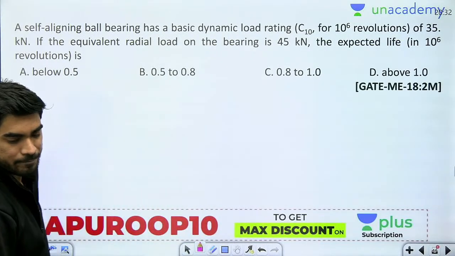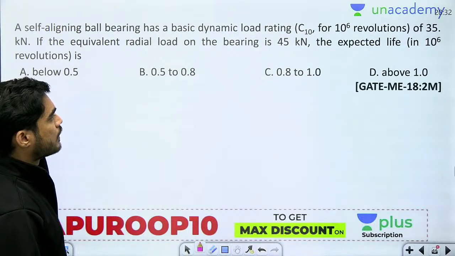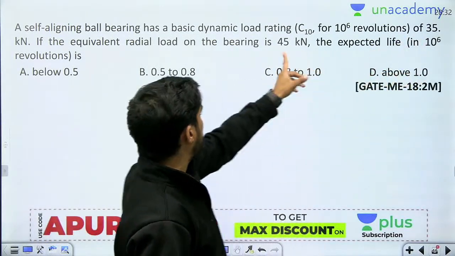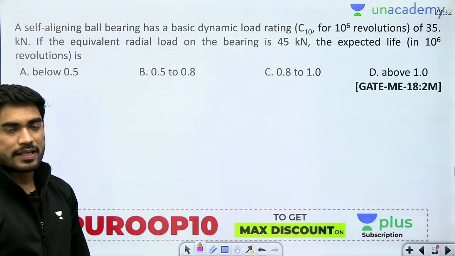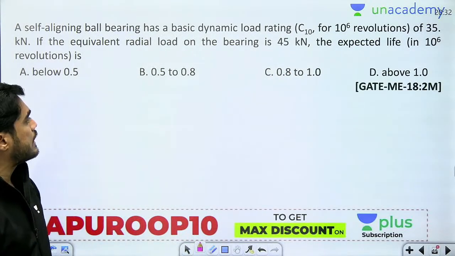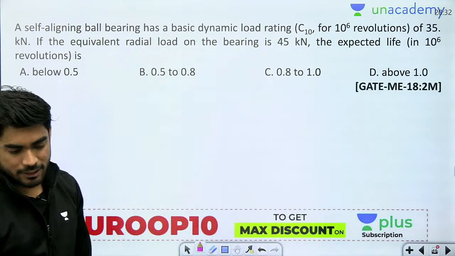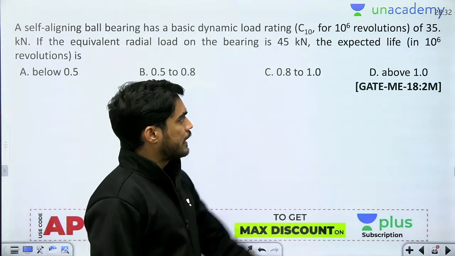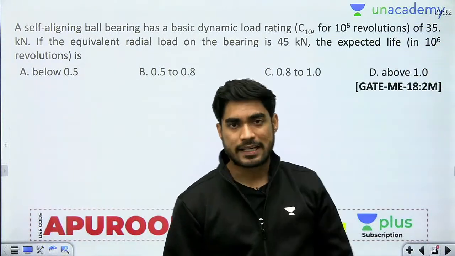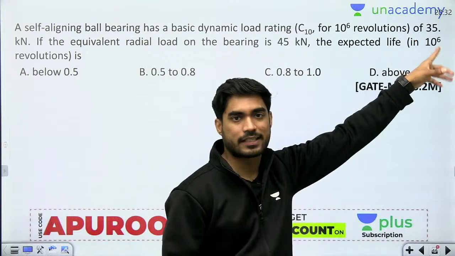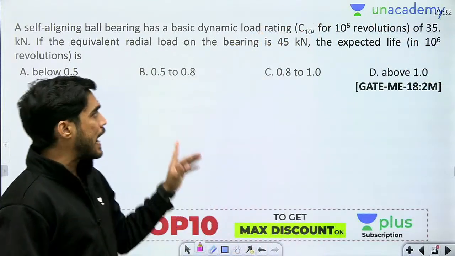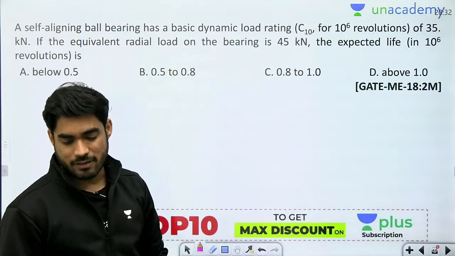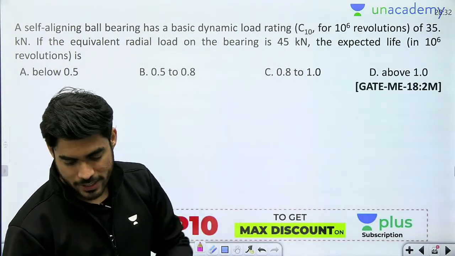Tell me. सबसे पहले तो ये बताओ कि लोड कैरिंग कैपेसिटी 35 किलोन्यूटन है और लग रहा है 45 किलोन्यूटन. So whether it will be more than 1 or less than 1. तो सबसे पहले तो बेटा 35 kilonewton is dynamic load carrying capacity, means if you apply this much load there will be 1 million revolution and I am applying more than this, so obviously the answer will be less than 1. ठीक है, Palak has already got the answer.